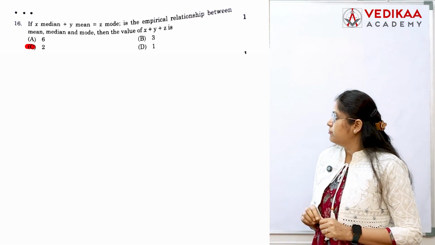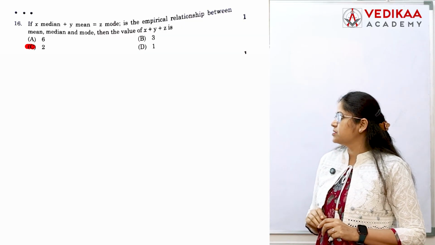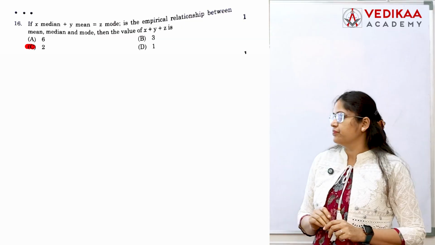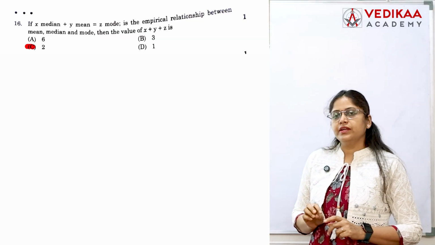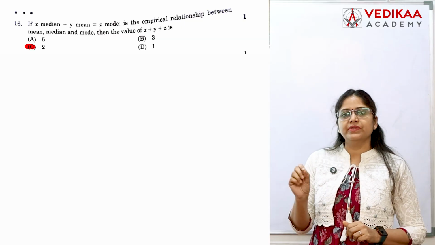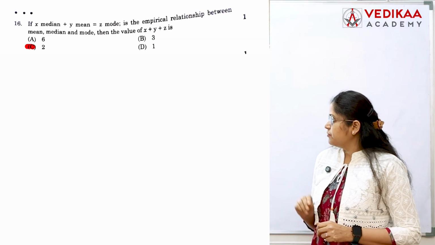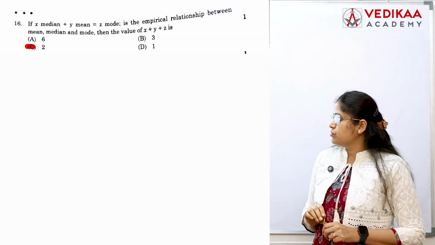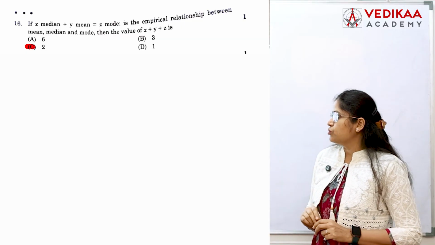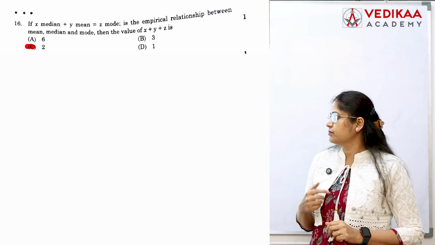Then here one empirical relation is given to you and you have to find out the value of x plus y plus z. Now we know that 3 median is equal to mode plus 2 mean. So from that we can calculate the value of x, y and z. If you substitute that value, the correct option is 2. So question number 16, correct option is C, 2. Next one,